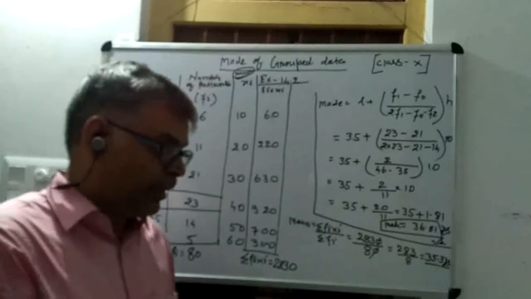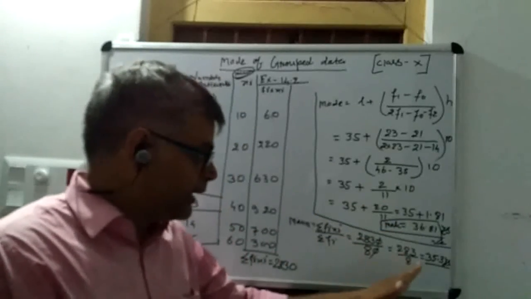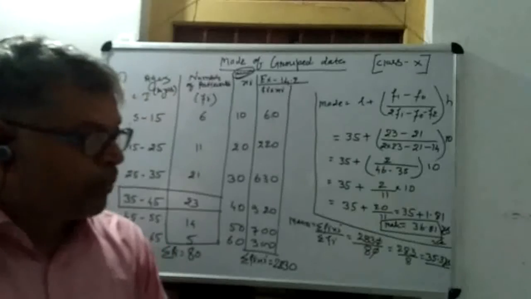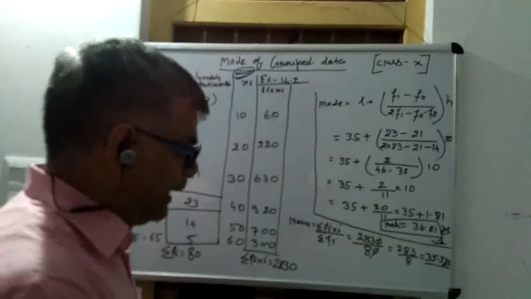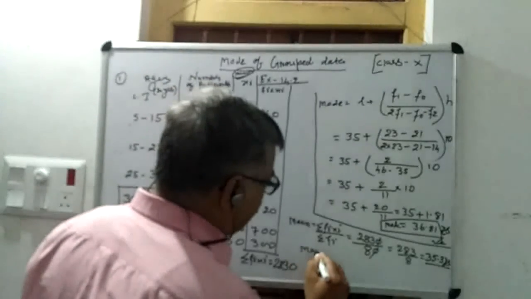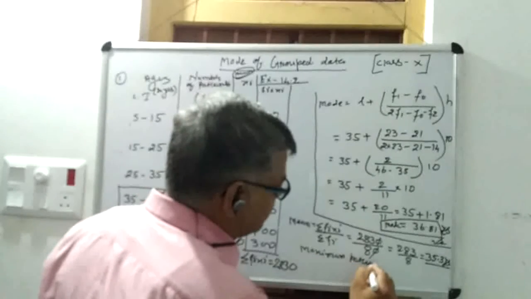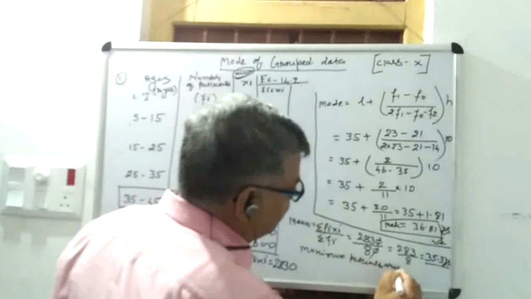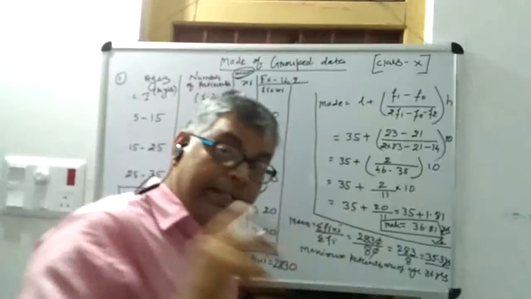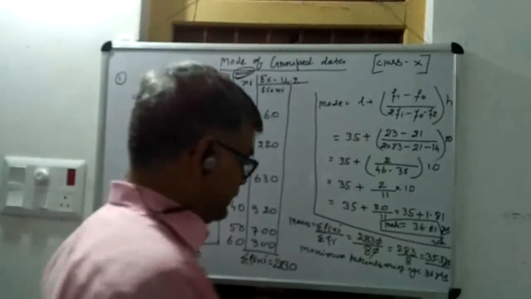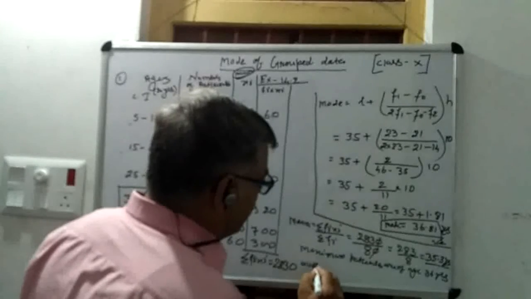It means mean age is 35.3 years. Here the mode was 36.8 years and mean becomes 35.3 years. Then what do you interpret from this data? It means that the maximum patients are of age 36 years and mean gives the average number of patients. Mean always gives average and average age of patients is 35 years.